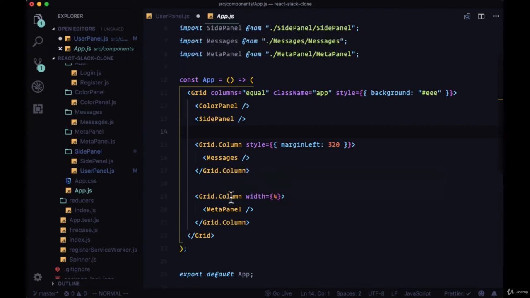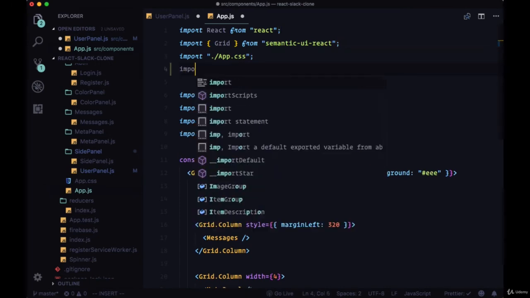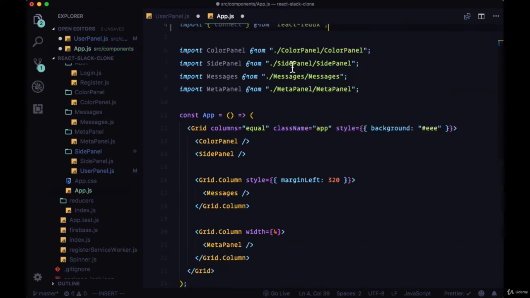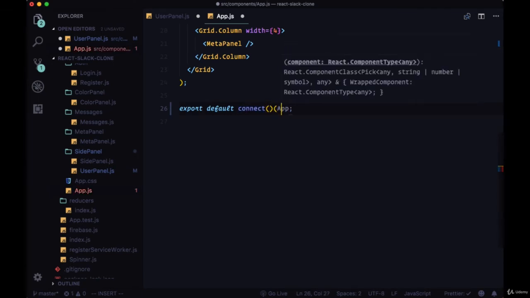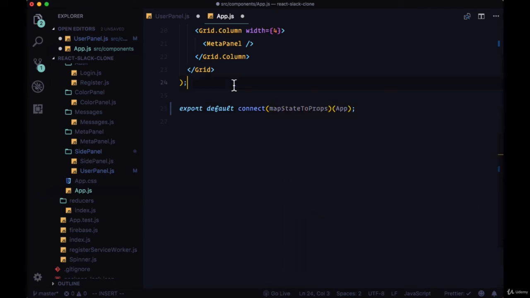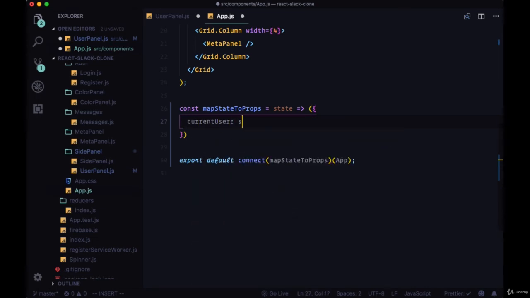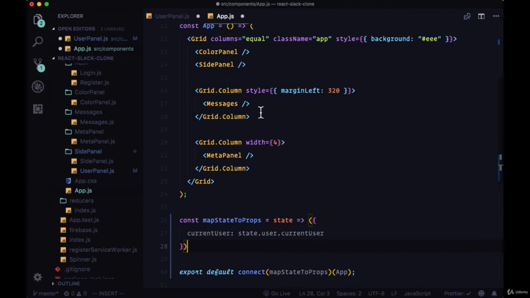We're going to go to app.js, and this is where we're going to use the connect function to map state to props. We're going to import connect from React Redux. We're going to make sure that we're getting all the values from state within one component, our app component. So we'll add connect to the bottom, we'll add mapStateToProps, and here we'll just have one mapStateToProps function that will give us an object with all of the values that we need from our state, and then just pass down the values that we need via props. So we'll first grab currentUser from state.user.currentUser,